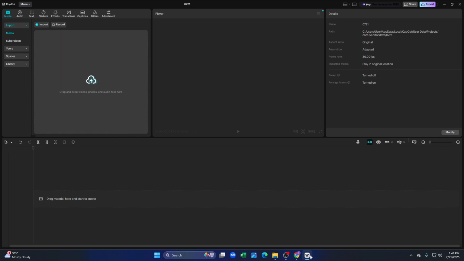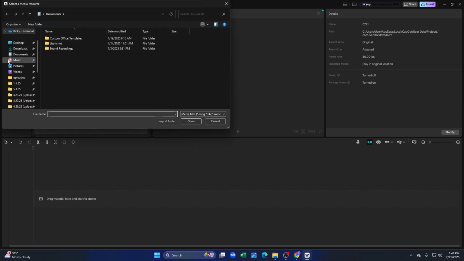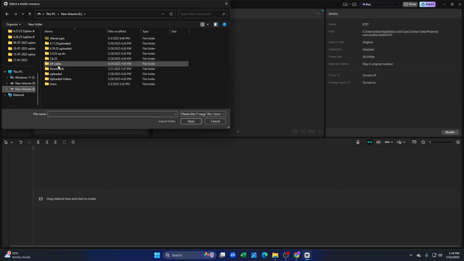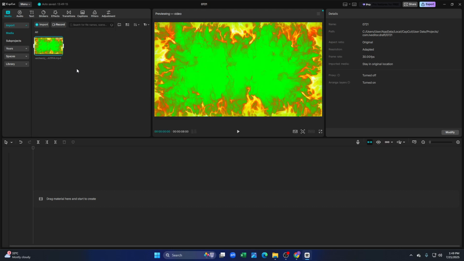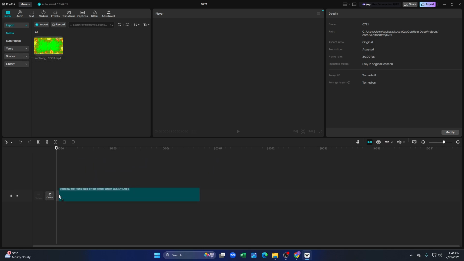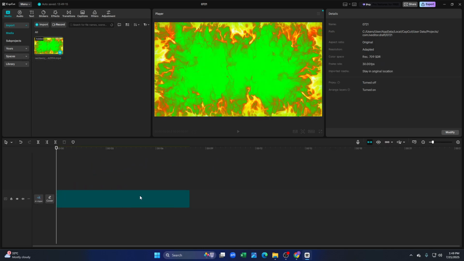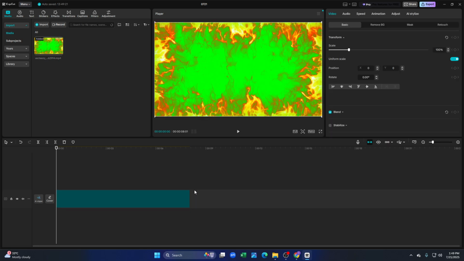So first of all, you have to open the CapCut app from here, and you have to drag and drop or just select the green screen video. Let's just select it. Let's just say this is the video. So when you want to remove the green screen, you just have to drag the video here, and after dragging